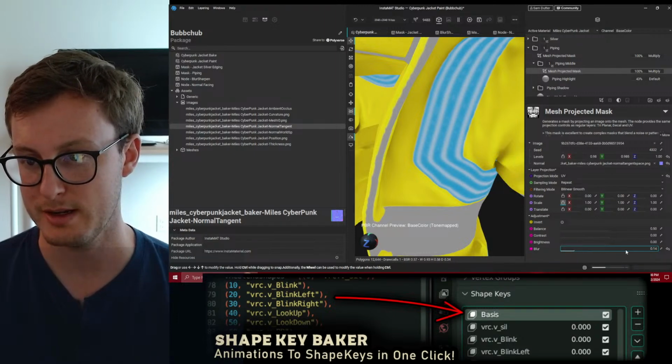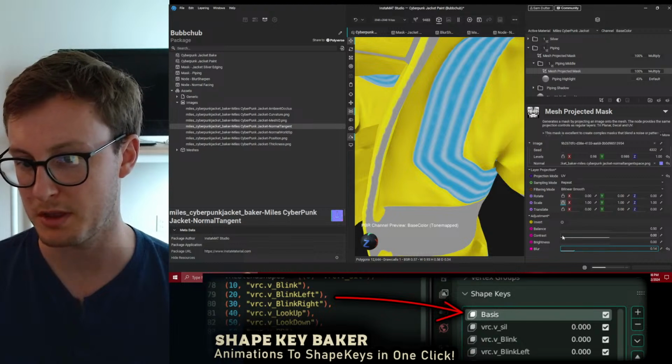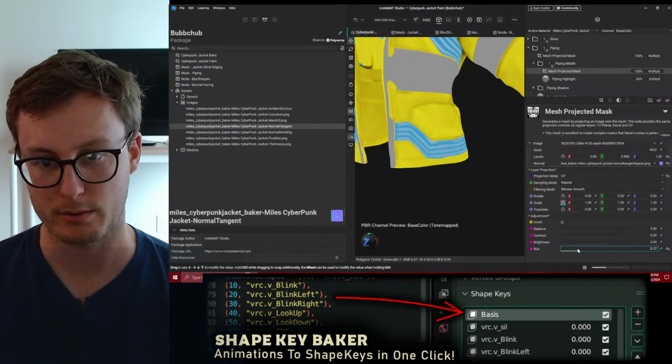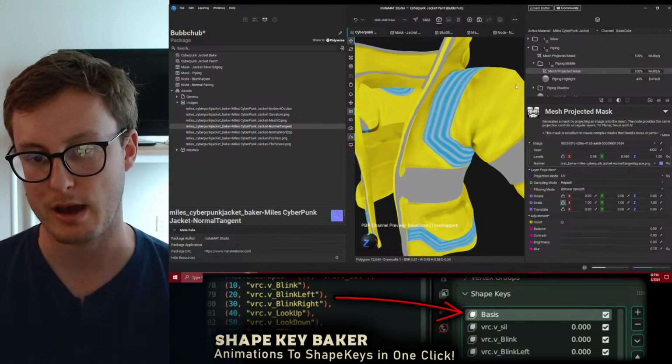Love that every mask always comes with adjustment properties. That is actually awesome. I really do love that. Okay, but the main reason I went out of my way